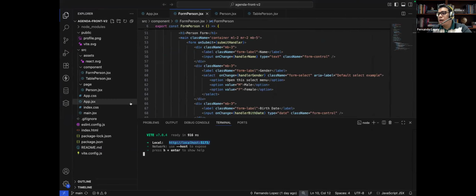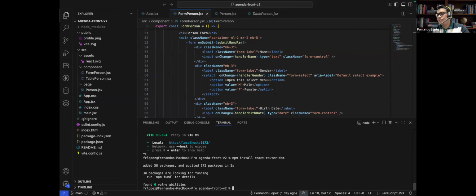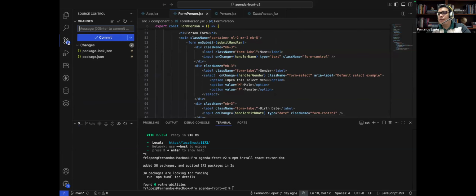So how do we accomplish that? First, we need to stop the server, and we're going to install a new dependency, and this dependency is called React Router DOM. Okay, so once I install the dependency,